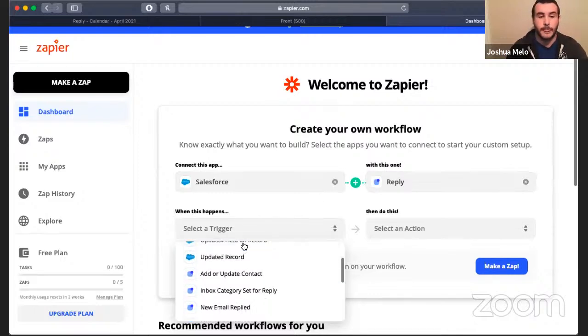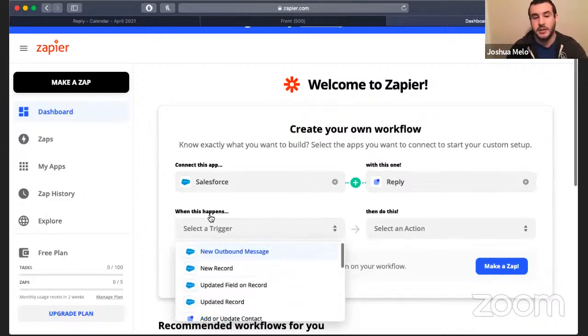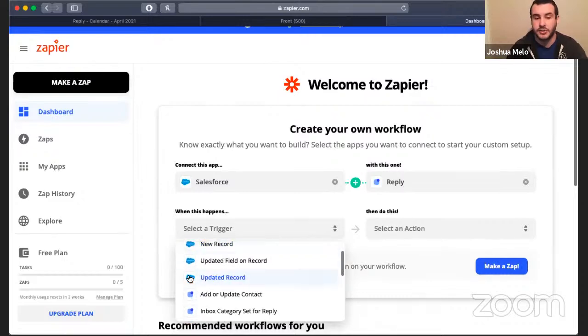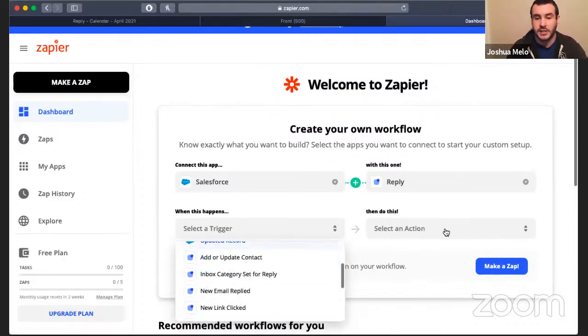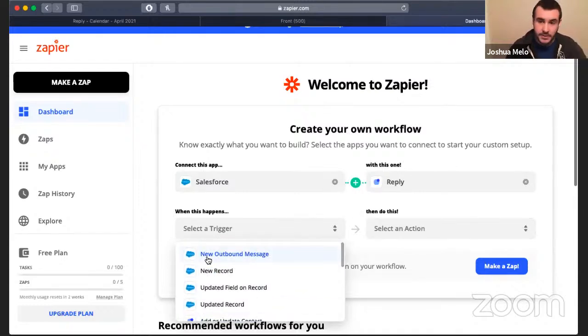From there, I have an option to select any of the triggers from either Salesforce's end or reply's end, and then an associative action. Normally, any time that this happens, it's going to result in the action that you've selected. With the trigger in the actual campaigns, it will only trigger whenever that particular thing happens when it's on the Zapier step.